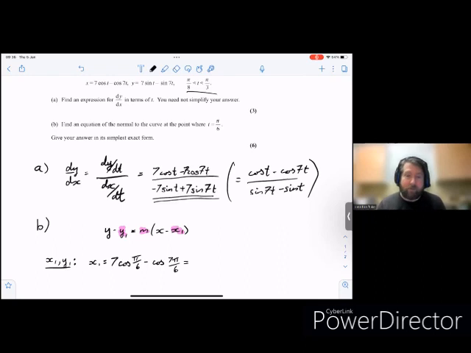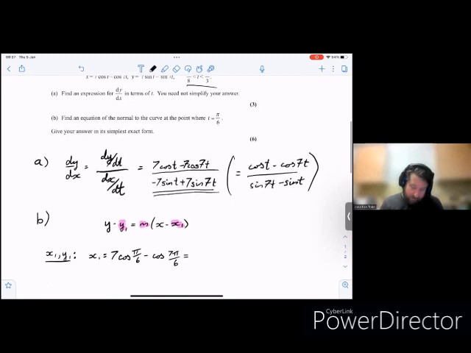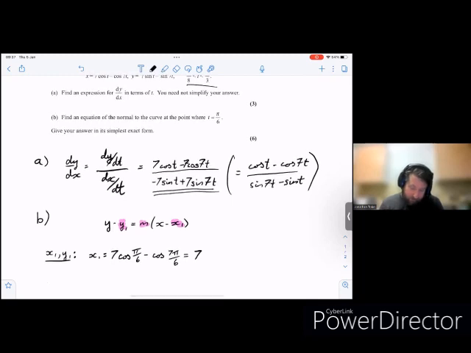Okay, so pi over 6 is 30 degrees, and so that will be 7 cos of 30, being root 3 over 2,